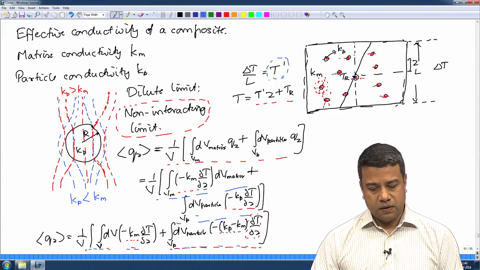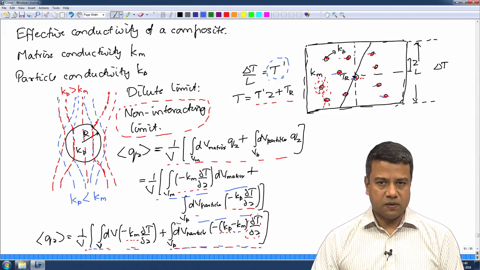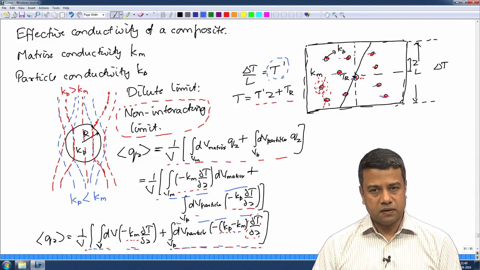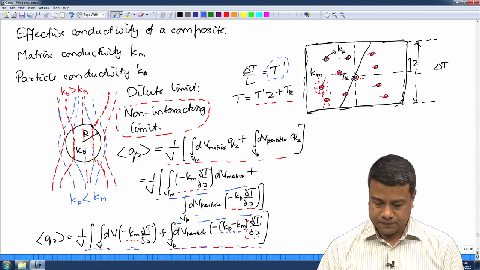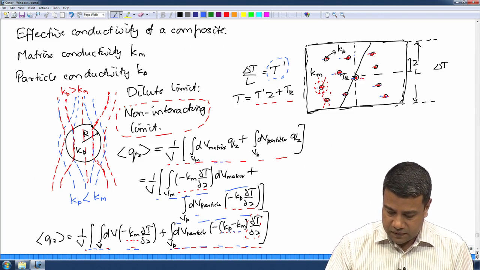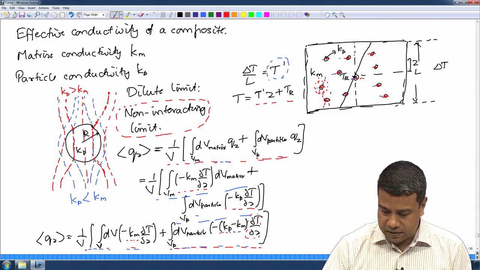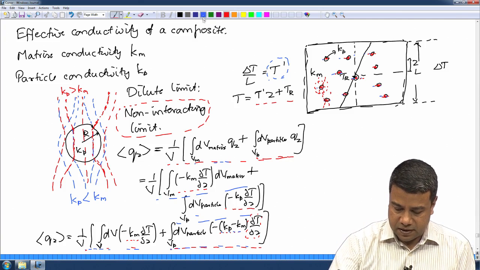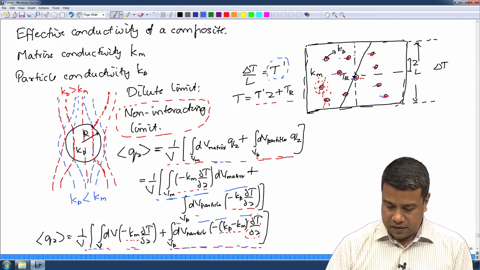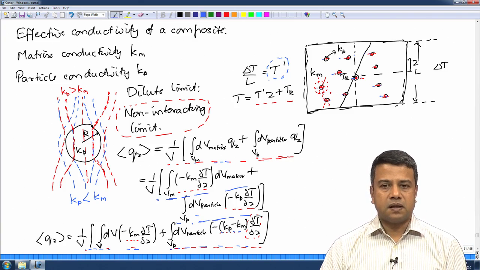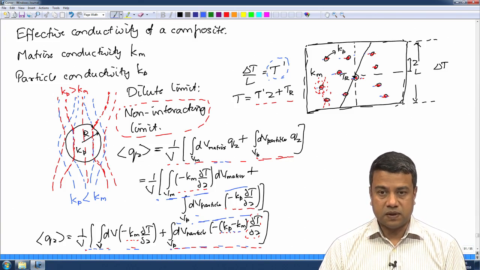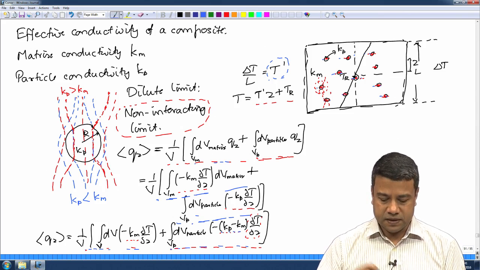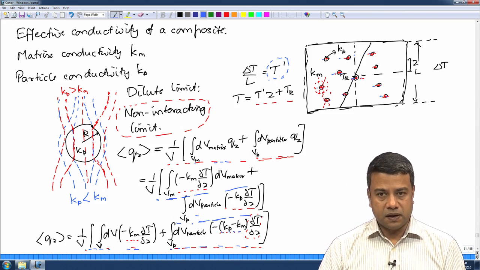We had written the average flux as a volume average of the flux over the entire volume, which basically includes the matrix and the particles. So, we have to take the flux over the matrix and the flux over the particles. Over the matrix, the conductivity is just equal to Km, whereas the particle conductivity is equal to Kp. That has to be multiplied by the individual temperature gradients within the matrix and within the particle in the z direction. I had rewritten this